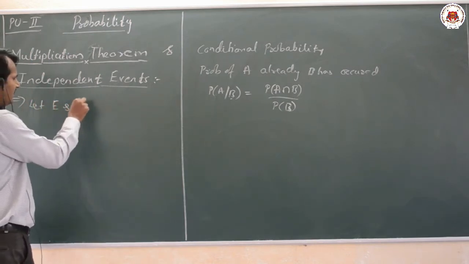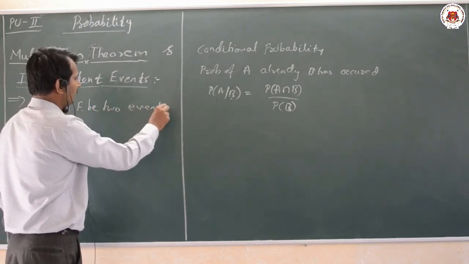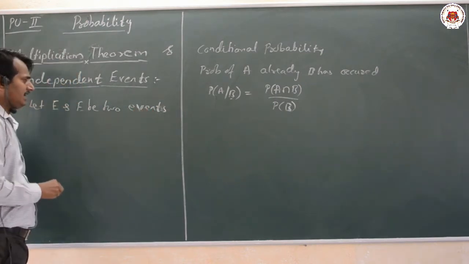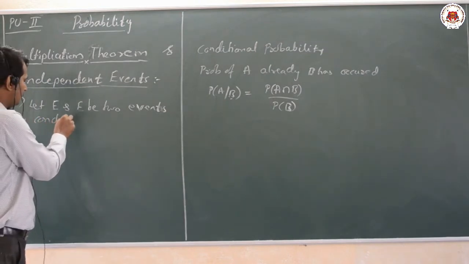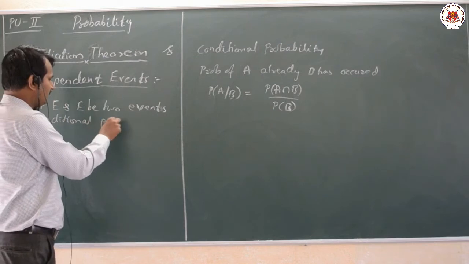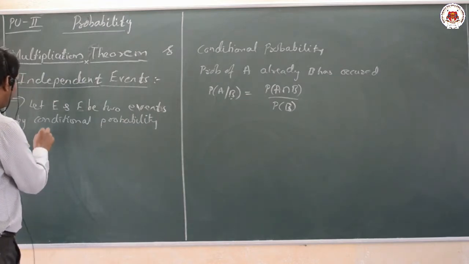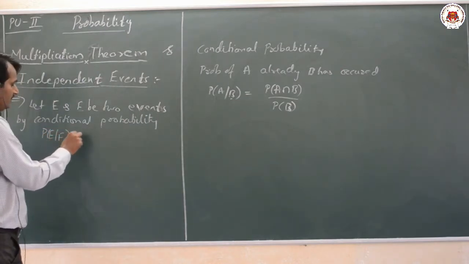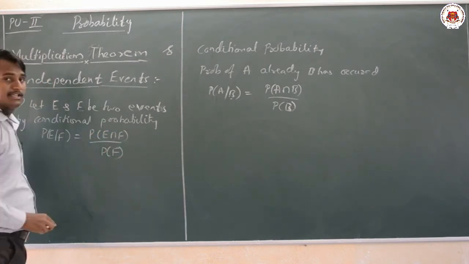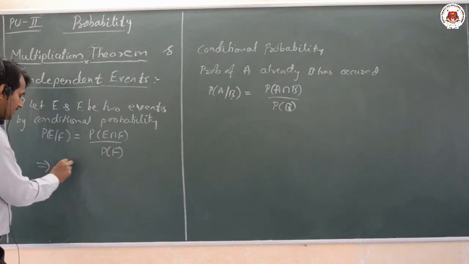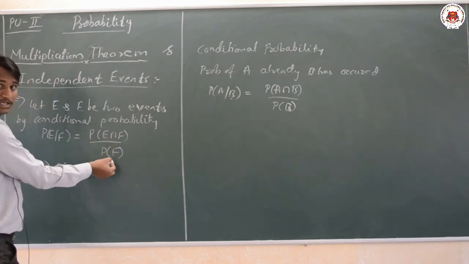Let E and F be two events. Then by conditional probability, we know that P of E bar F is equal to P of E intersection F divided by P of F. So the same theorem I can write as P of E intersection F equal to, multiplying by the denominator,